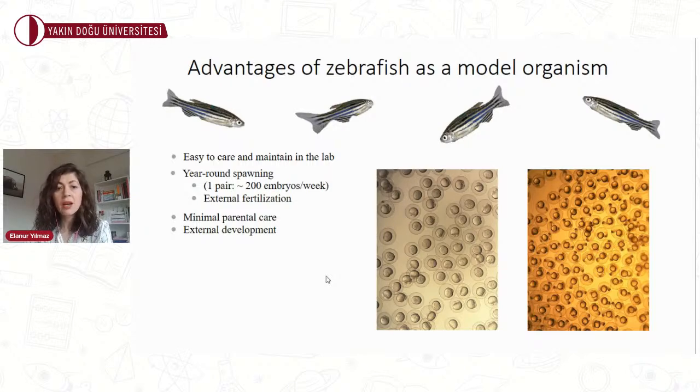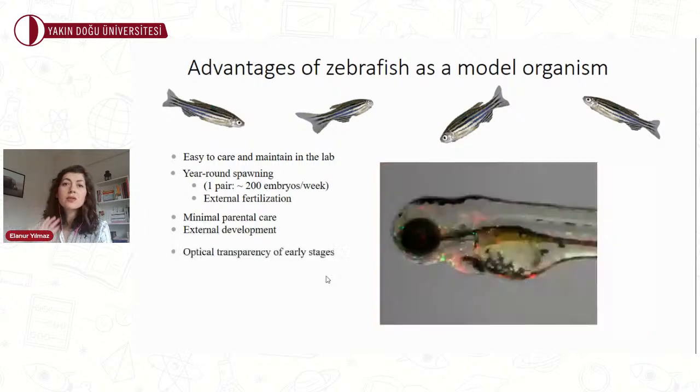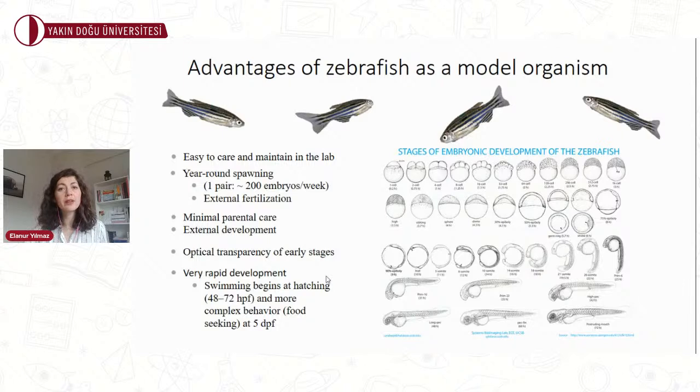externally. And besides, zebrafish embryos and early larvae are nearly transparent. Thus, using appropriate microscopic methods like a confocal microscope, it is possible to image essentially every cell during the early stages of development. So, as I also mentioned, zebrafish embryos develop very rapidly, hatching as predatory larvae in 3 days, and thus the development of individual cells or structures deep inside the zebrafish embryo can be observed in real time, or by time-lapse videography as they occur.